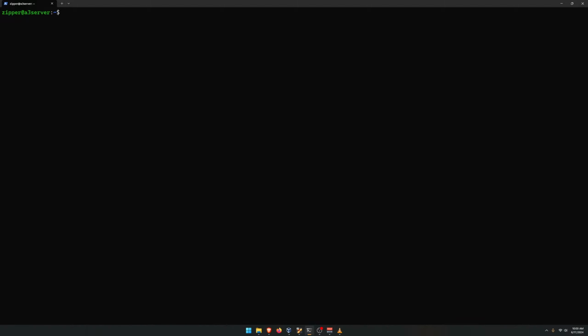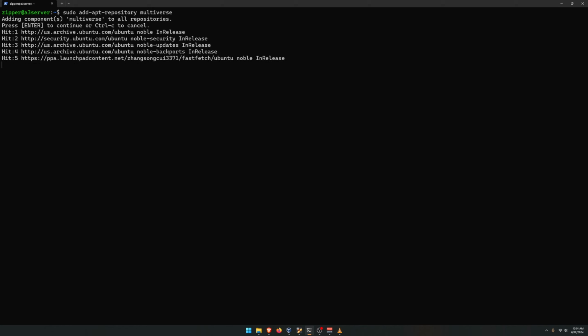So before we log into this user and get the Arma 3 server application installed, we need to install another program called Steam CMD. Steam CMD is a command line program that you will be using to download the Arma 3 server from Steam, and also you can use this program to download mods from the Steam Workshop. So to install Steam CMD, we first have to add a couple of repositories. So using the following command, we are going to add the multiverse repository,